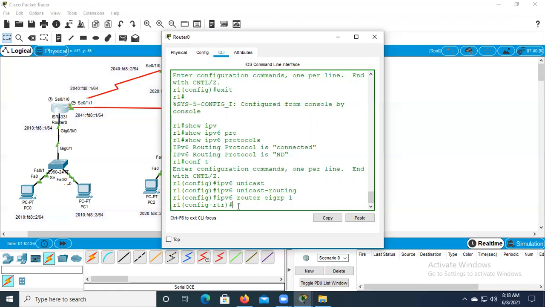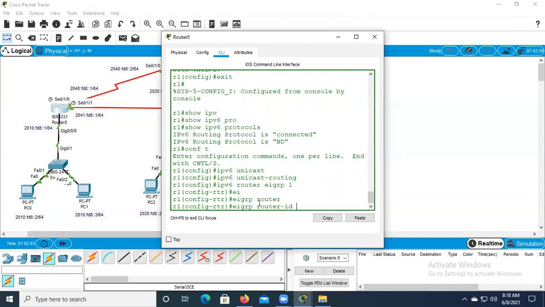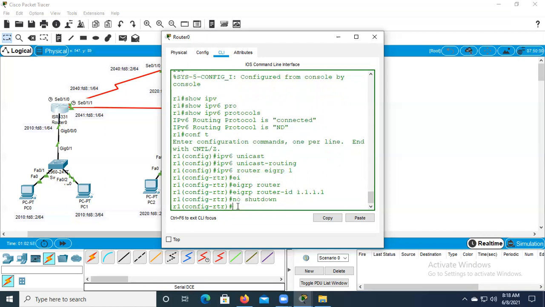You have to go for your EIGRP router ID. The next command is router-id. I'm taking it as an IPv4 format, for example 1.1.1.1, and you must give the command no shutdown. So there are 3 commands.